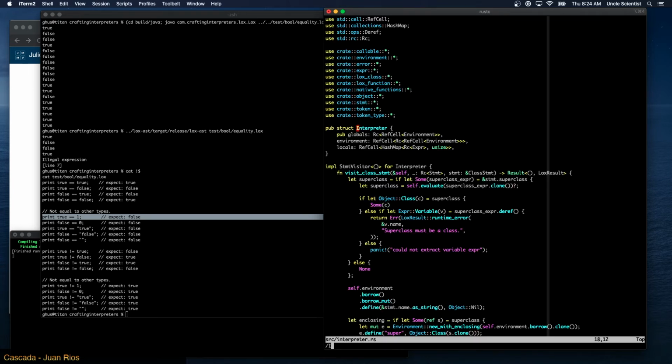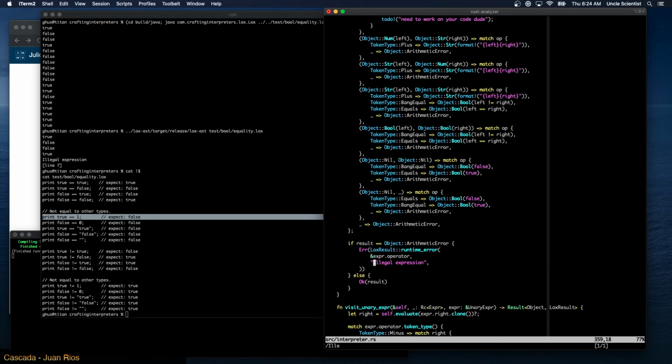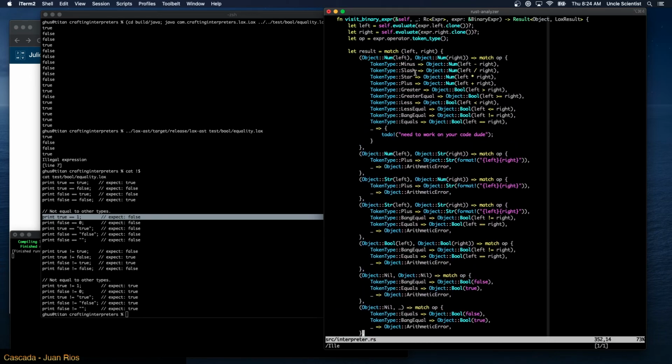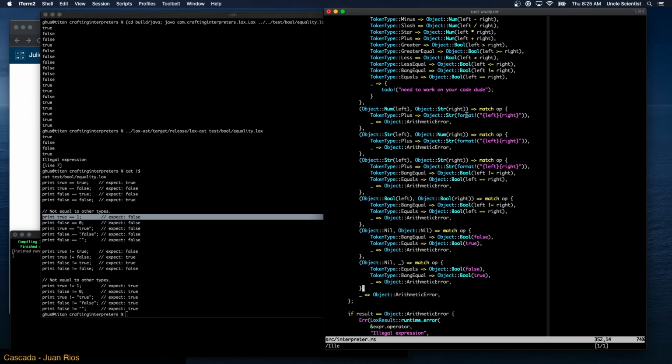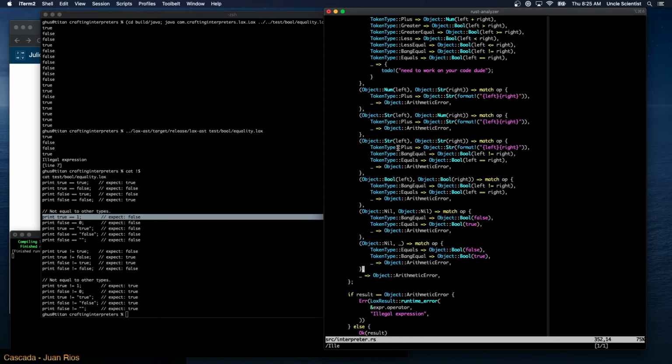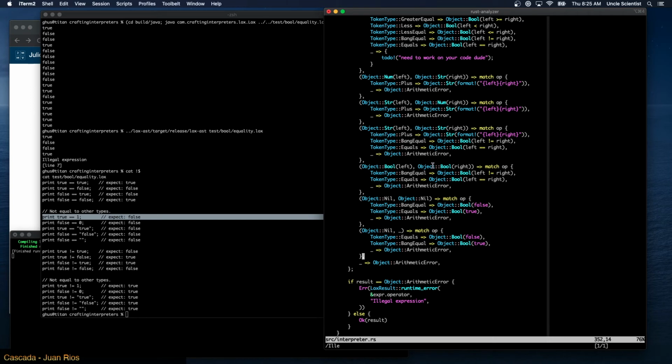In our interpreter. Okay, so this is what's failing here. I'm saying, okay, we're going to compare numbers with these operands. If we have addition, we're going to create a new string. If we're adding a string to a number or a number to a string, those all do the thing. Here's a bool and bool, nil and nil. Oh, nil and anything should work.